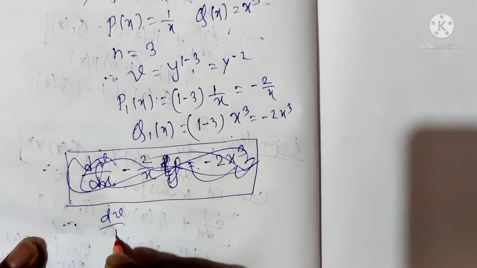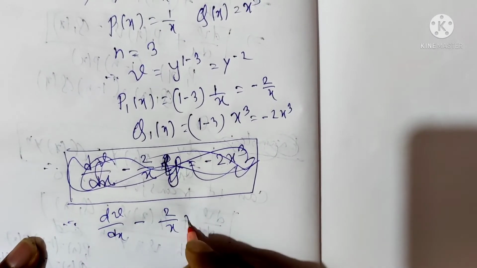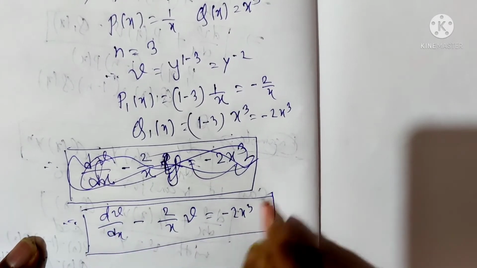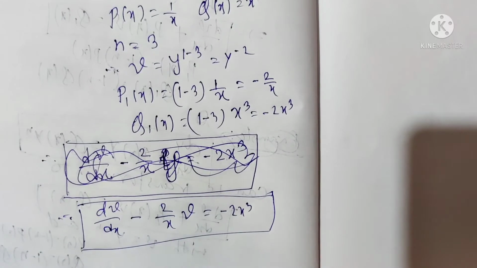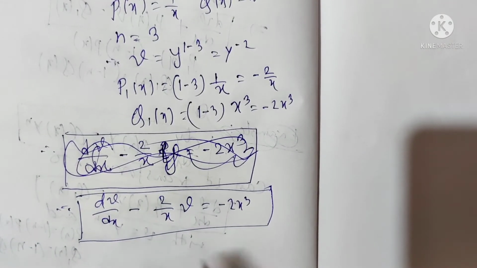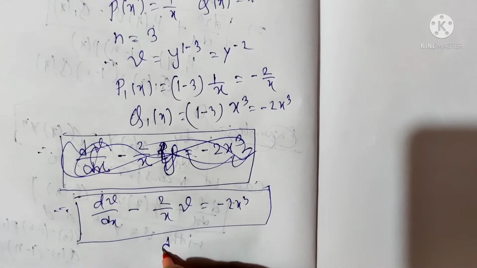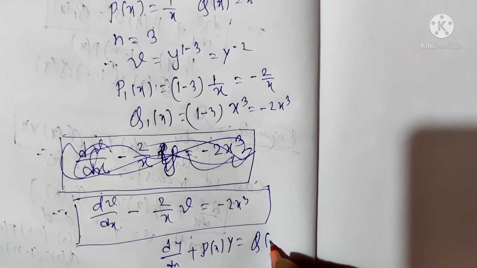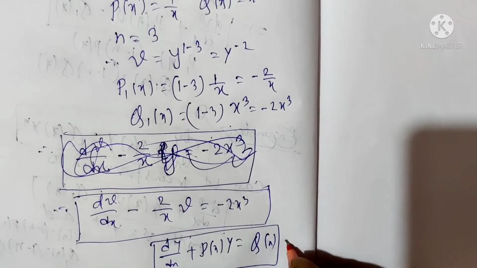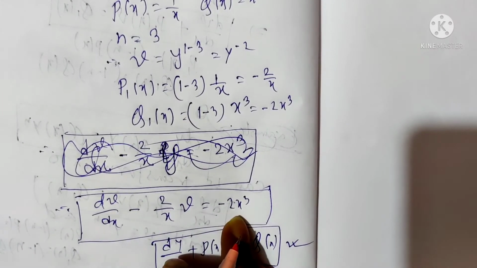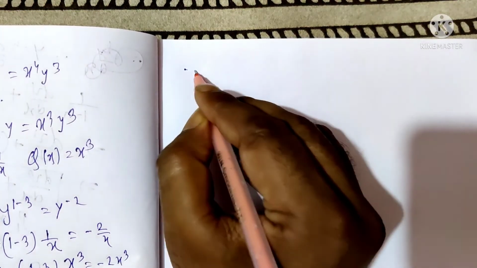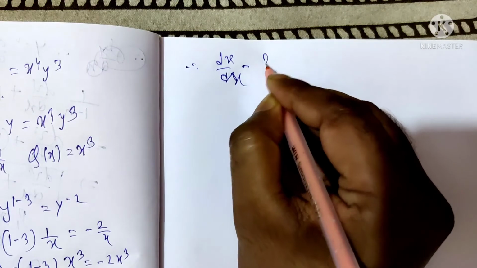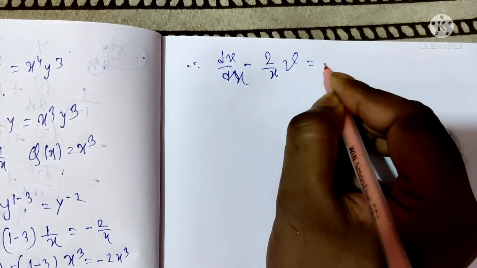Therefore dv/dx − (2/x)v = −2x². This is the linear equation. Now solve this. This is the form dy/dx + p(x)y = q(x), that type. So this can be solved easily. Therefore dv/dx − (2/x)v = −2x²